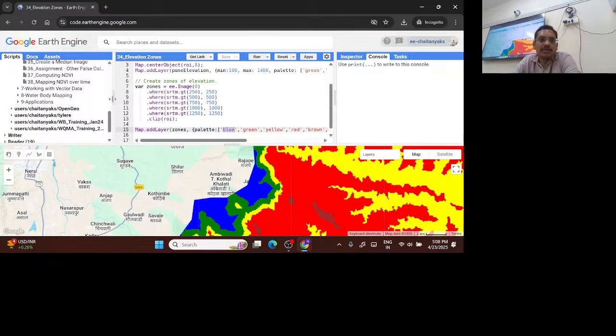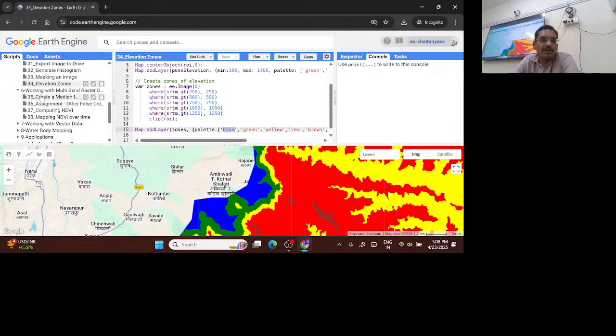Now the next folder. Till now we have worked only with single band images. That means either with SRTM or with rainfall CHIRPS data. Now multi-band images are normal multispectral imagery, Sentinel-2 or Landsat. So in the morning we made a reference to NDVI, NDWI, right? So here you can just click on script number 35,